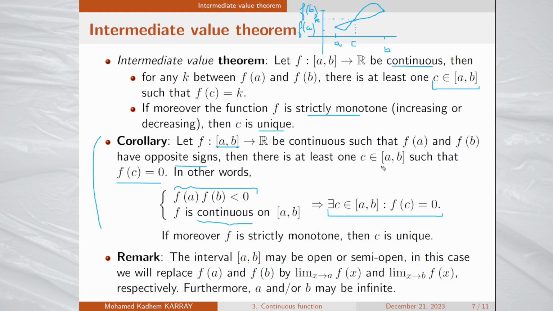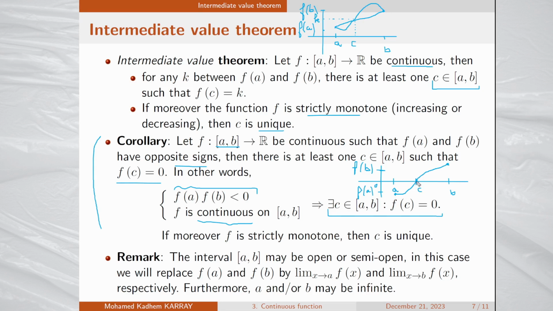So let's make a figure to illustrate this corollary. Here we have a, and this is the value of the function at point a. This is b, and this is the value of the function at point b. I consider the case where the function is negative at point a and positive at point b. So we have to start from this point and go to this one. Since the function is continuous, then there is some c where the function